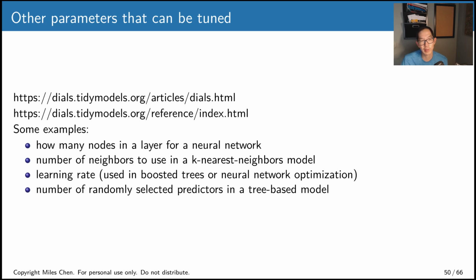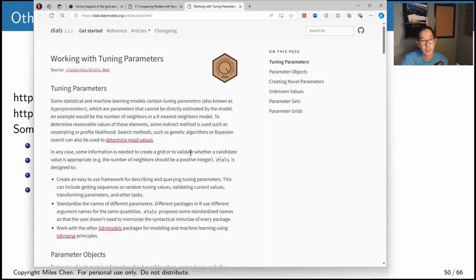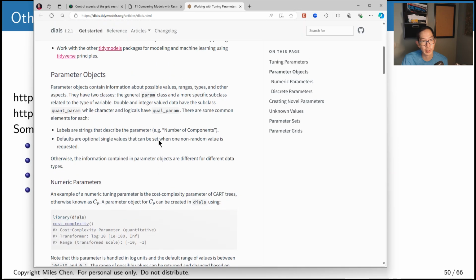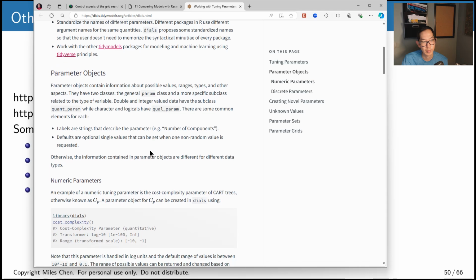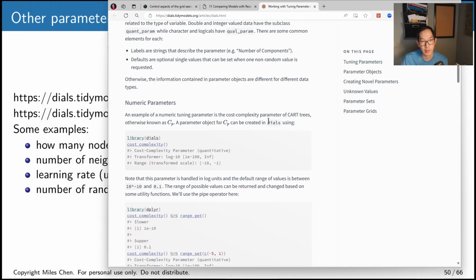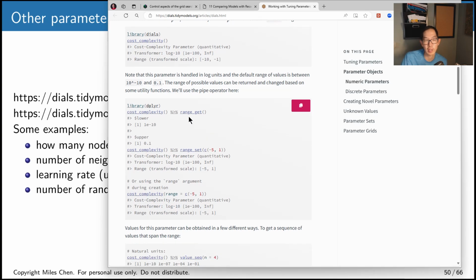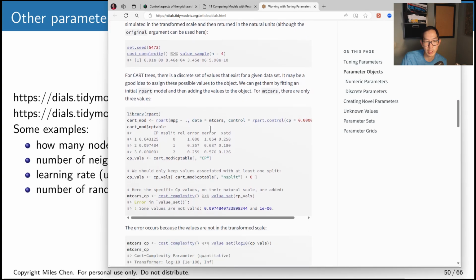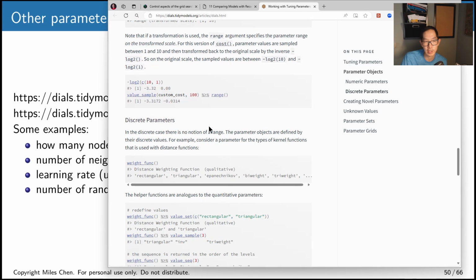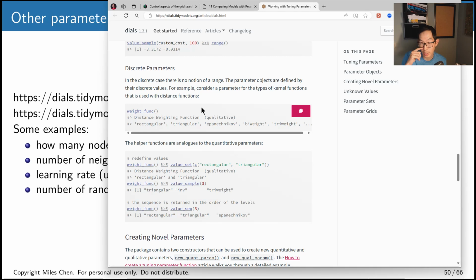There are a whole bunch of things that can be tuned. So let me just show you an example. Working with tunable parameters. So for things in regression trees or CART trees, one of the parameters is like cost complexity, and you can set basically what kind of range you want there. And so these are just an example. As far as you have other things where you want to try out, the parameter is not a number, but the parameter is something like